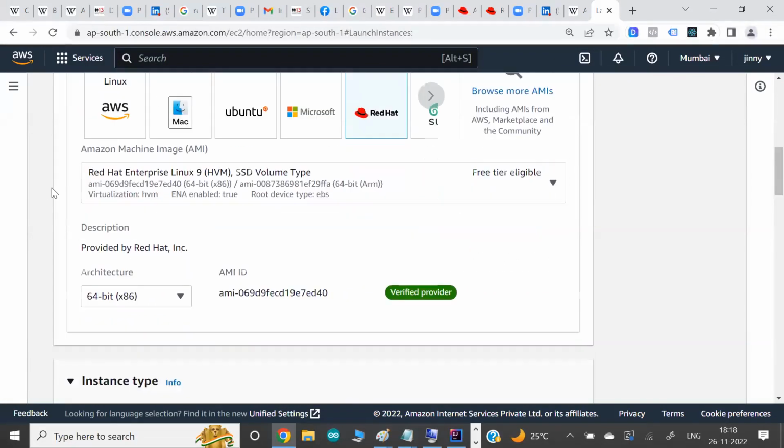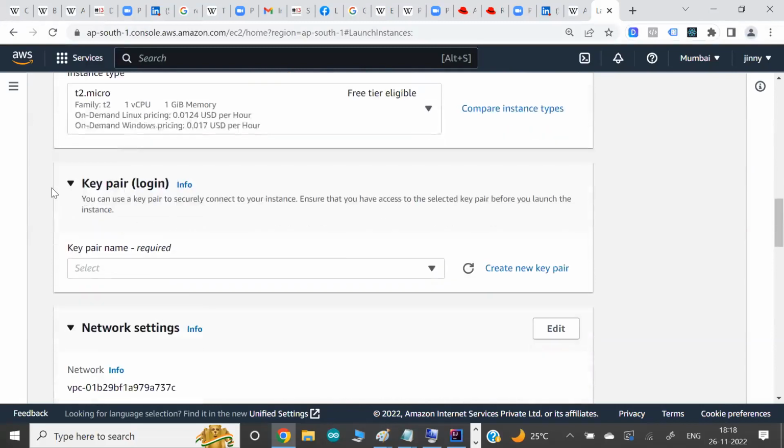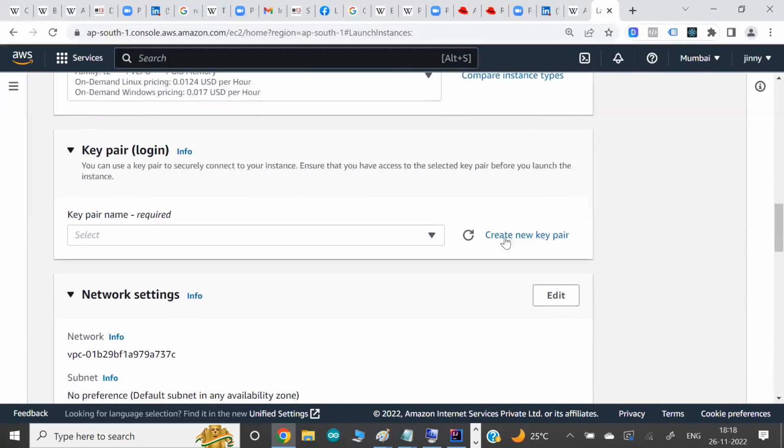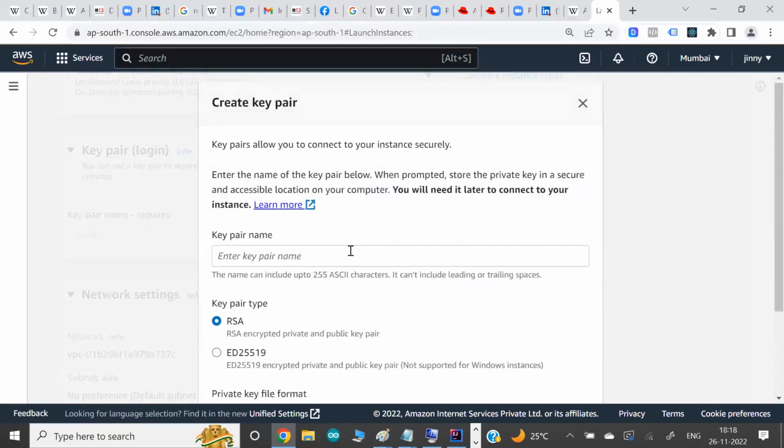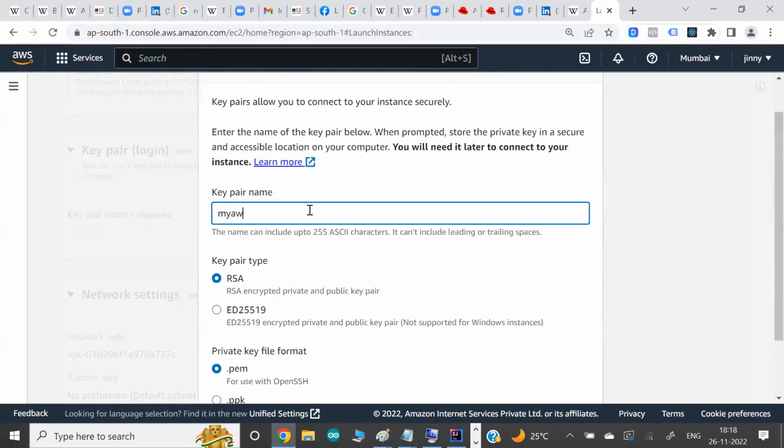But this OS is going to launch in the cloud. Obviously, you have to log in, and for login, you need a password. Here the password is called a key. So I'm going to create one key here. I'm going to give a name, let's say my AWS Ansible key. Just a name, nothing special. This key is like a private key, it is more like a password if you don't know what a private key is.